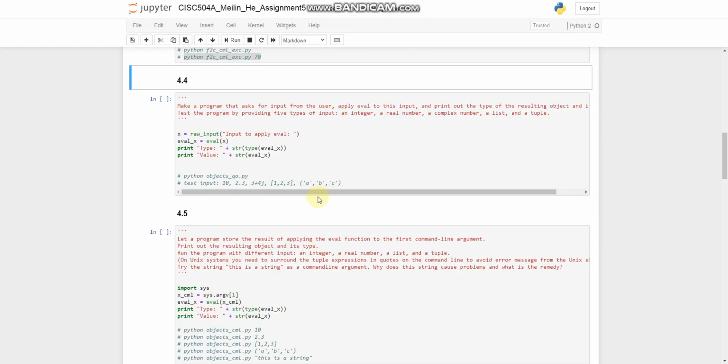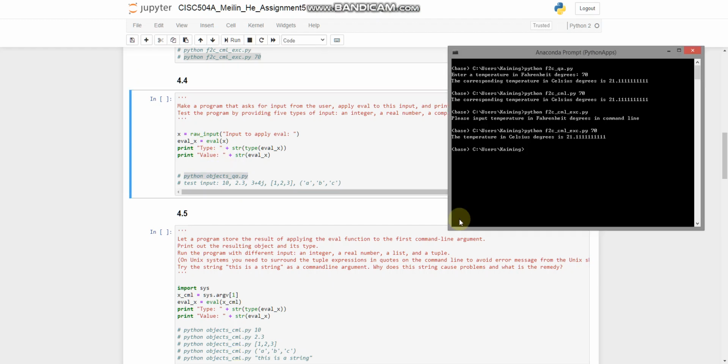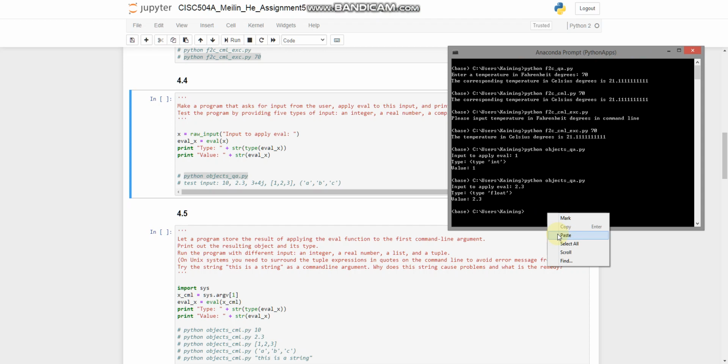And then the next question is to ask the user for an input and then apply the eval function on it, then print out type and value. So to run the code, I will first test with integer input, and then I will test with float, and then complex number,